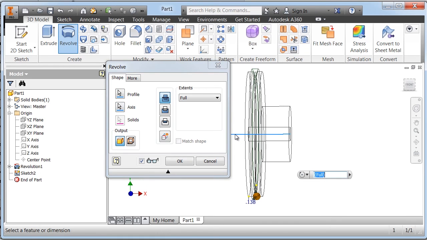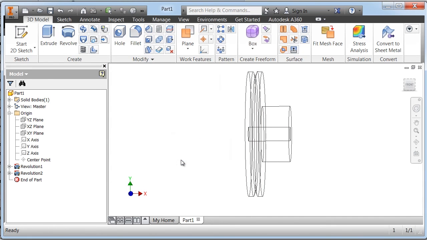And right now it is adding material, so our cutter's not cutting anything. It's extruded material above. We want to cut, so we move to the cut icon. And that area that it was trying to create material in is now red, meaning it's going to subtract material out. And then you left click on OK. And we now have a groove cut